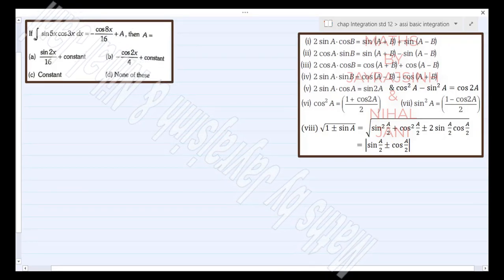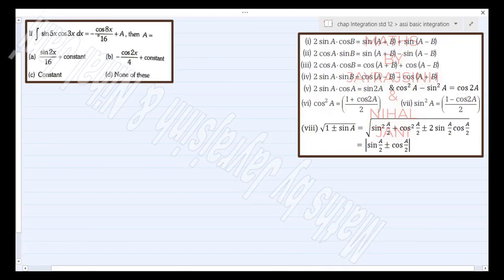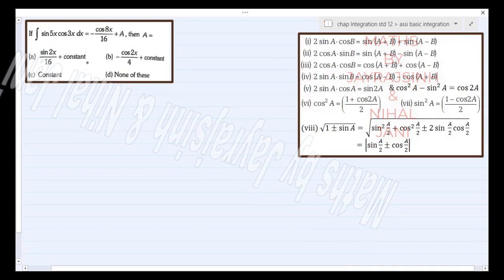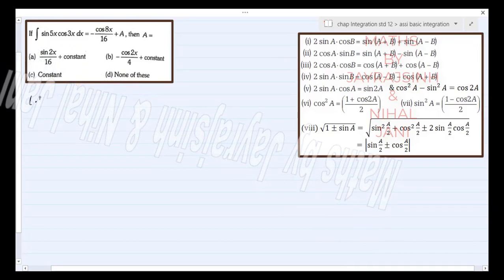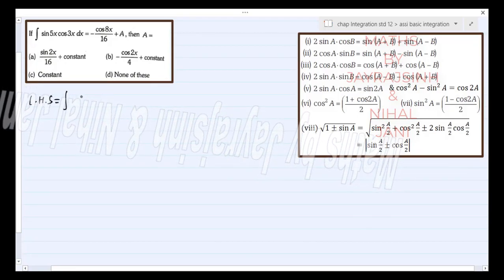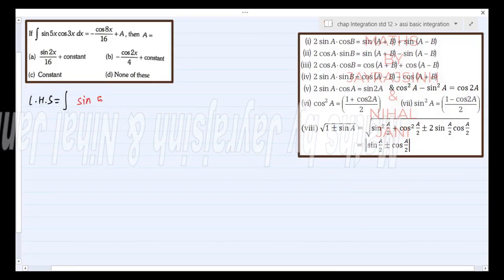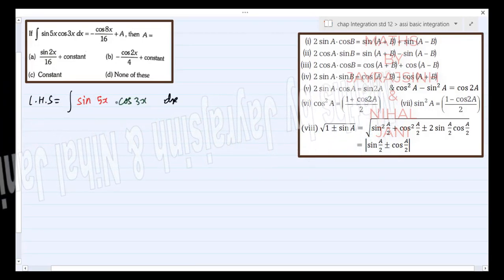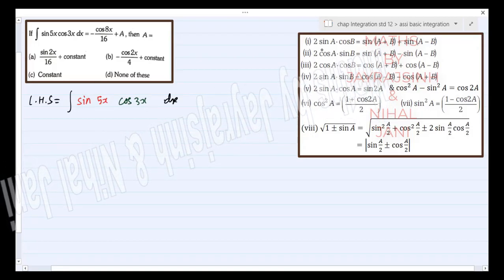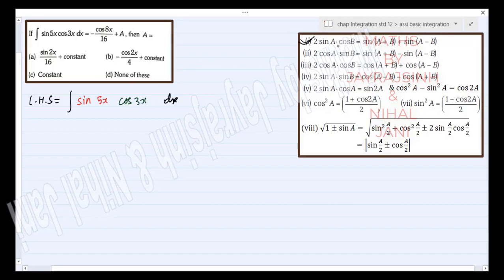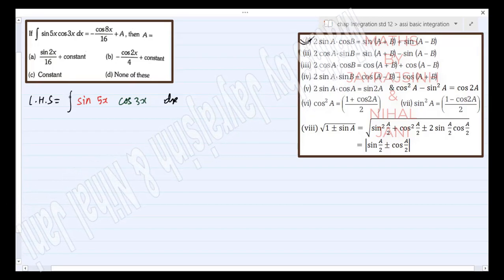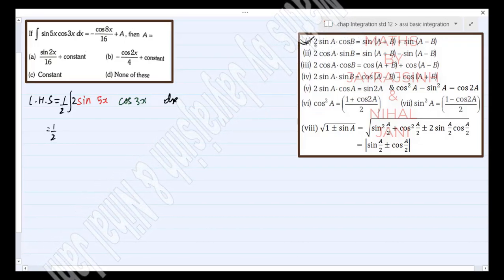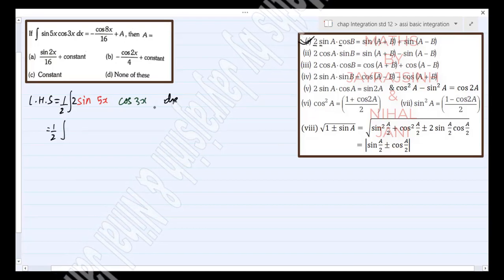In this question, we have the integration of sin 5x into cos 3x equal to minus cos 8x by 16 plus a, and we have to find a. So first of all, let's simplify our left hand side, where we have to integrate sin 5x into cos 3x. For that we have to separate these two terms, and we are going to use the formula of 2 sin a cos b. So we need 2, so let's multiply and divide by 2, so we can get the 2 sin cos form, which is equal to